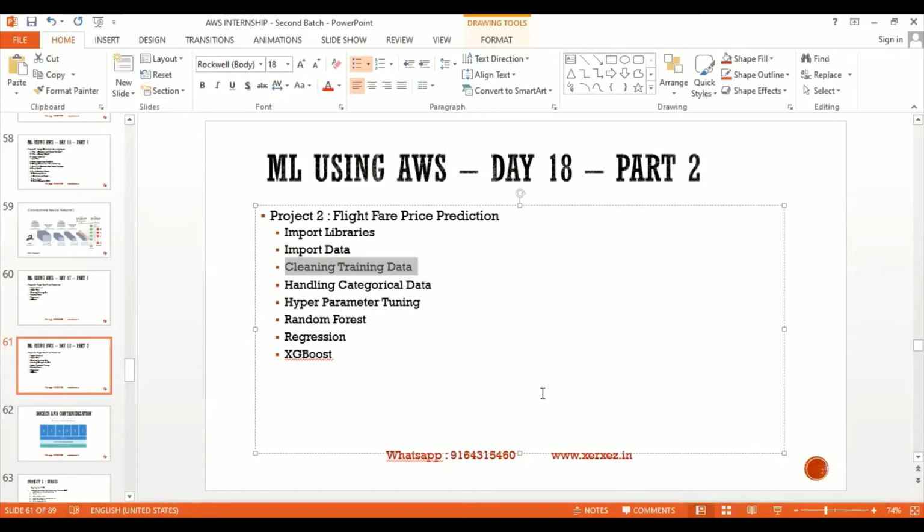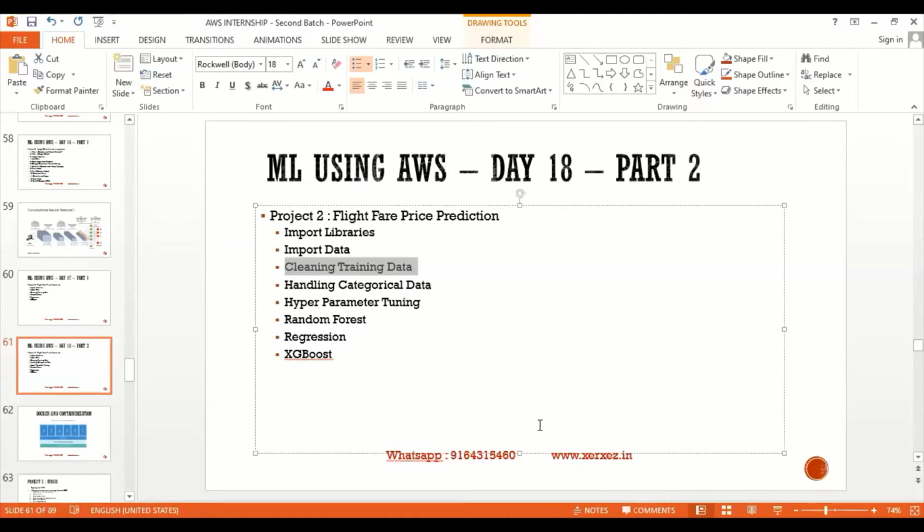So let's dive into the console now, the Python Jupyter notebook. Shall we start, participants? Yes, sir. We'll dive into the main part of the program. From where we left, let me share the screen.